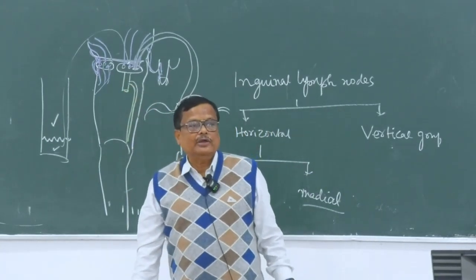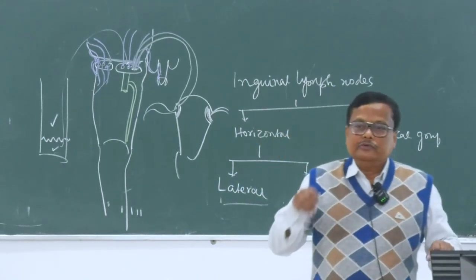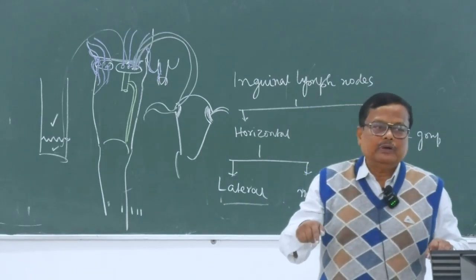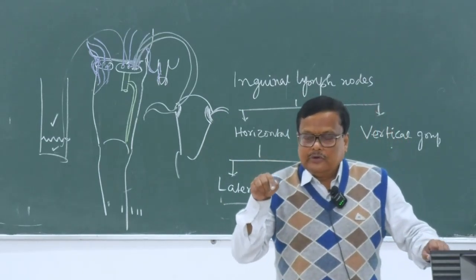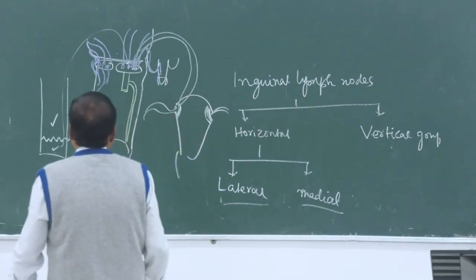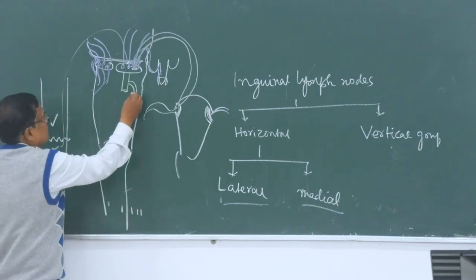And great saphenous vein is situated in the superficial fascia, and femoral vein drains into deep fascia. Great saphenous vein pierces the deep fascia to drain into the femoral vein. Wherever it may be, the vertical group of lymph nodes are situated